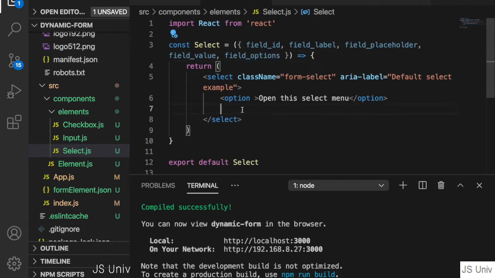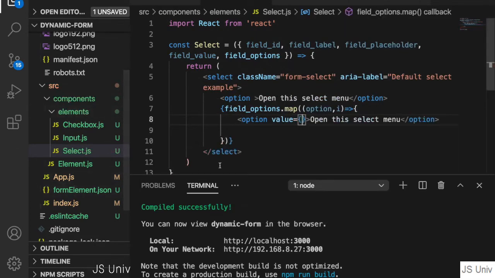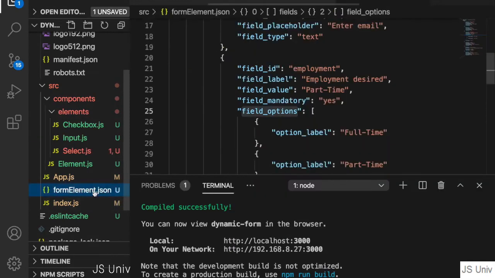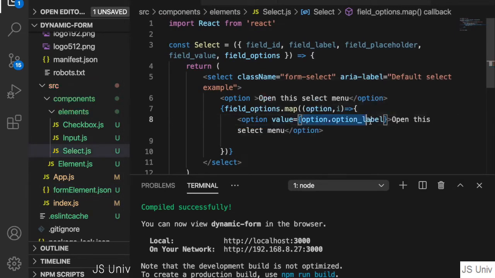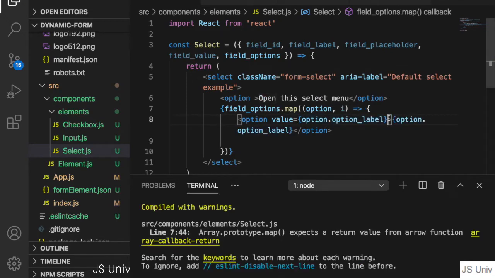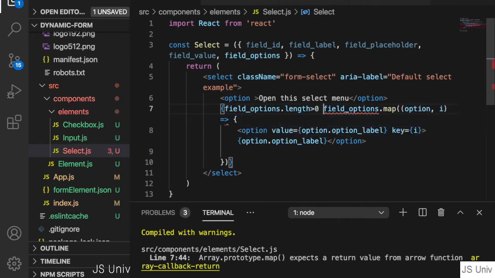So we copy this and we use the map, and then we pass the value here by using option label, because inside the form element you can see the values are here. So we use option label, and the text is the same, so we copy this and paste it here. We also have to pass the key equal to the index. And it is better to check whether there are options first. So we check if the options length is greater than 0. If yes, we render